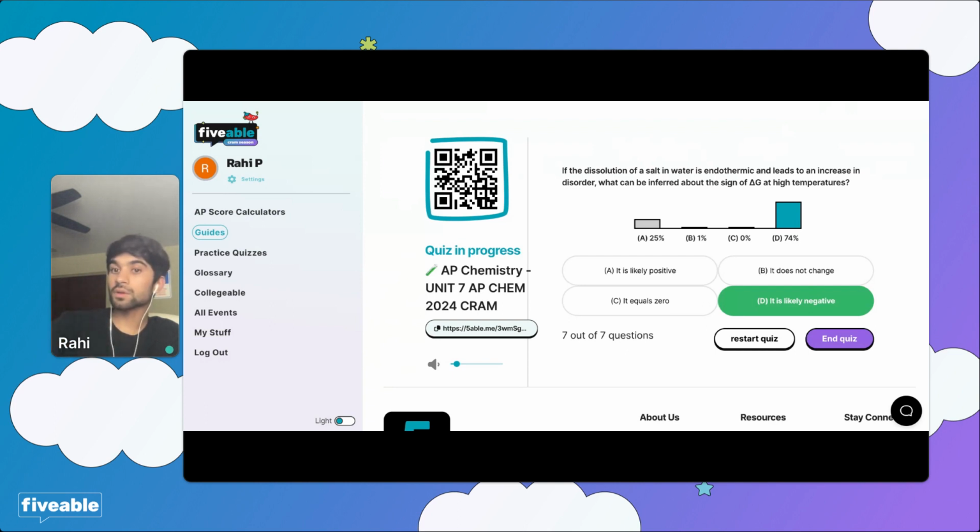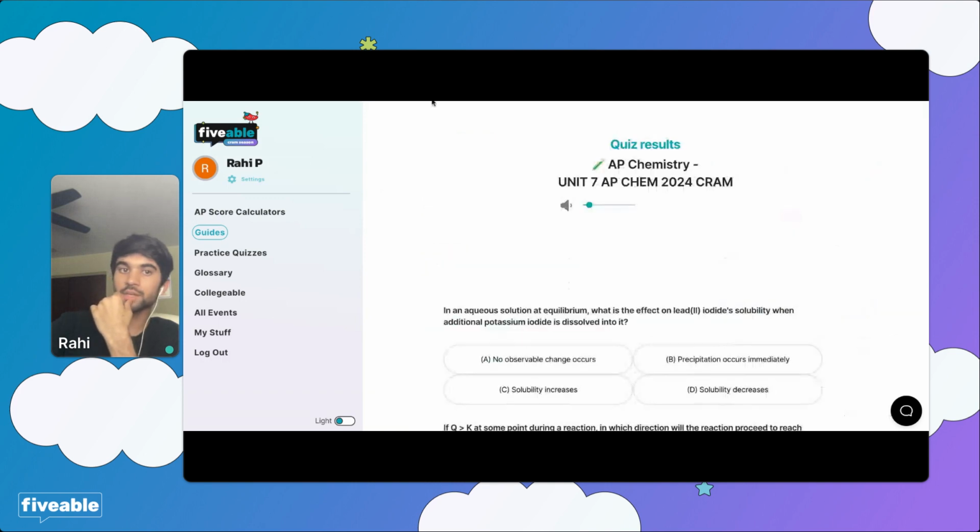If delta G is negative, what does that mean for the reaction? Is it spontaneous or non-spontaneous? Someone tell me. Guys, no one's telling me. You're making me sad. There you go. Yes, it is spontaneous. Exactly. Thank you. I'm realizing that spontaneous is considerably harder to spell than I thought, and that's probably why no one told me right away. I like spont. Spont is hard. All right. Good job. Let me move my thing.